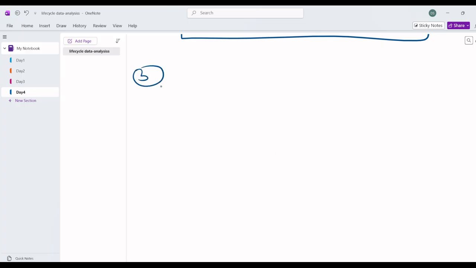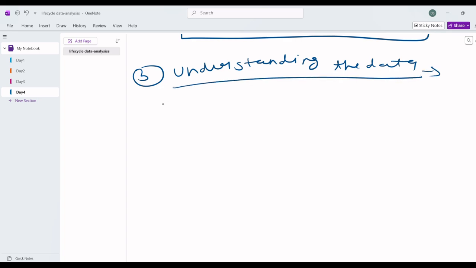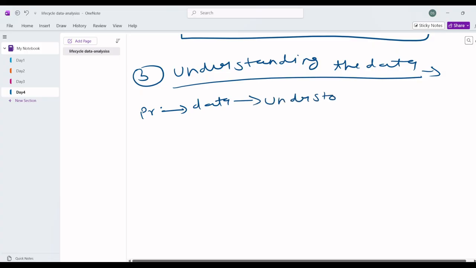Then the third step is understanding the data. Understanding the data means now you have the problem statement and you have the data. Now you have to understand the data, meaning what the data is saying. And if the data is not correct,